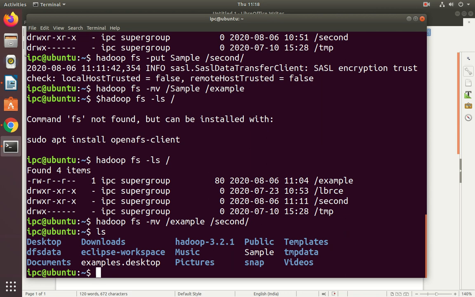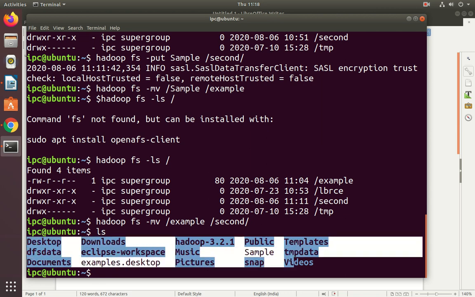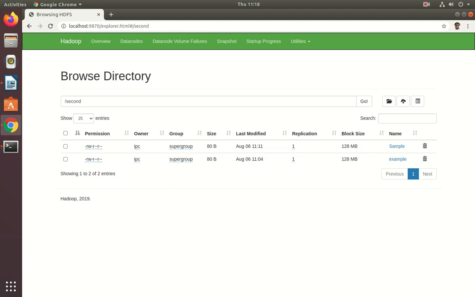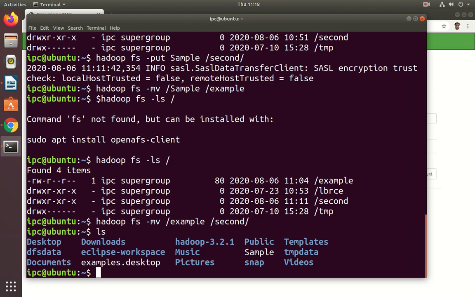Here I have directories, all are directories. I have only one file, that is the sample file. Now I am going to get the example file which is located in the second directory. See, under second we have an example file. I am going to get this example file from the Hadoop file system to the local file system.